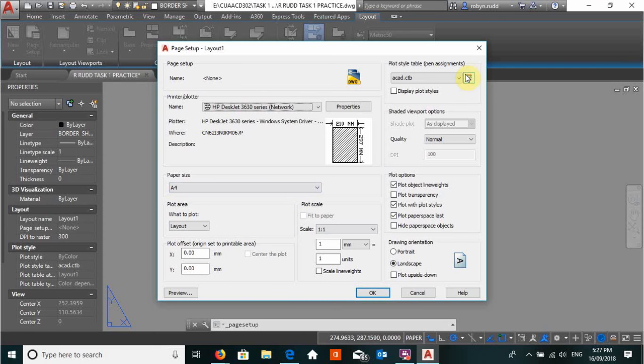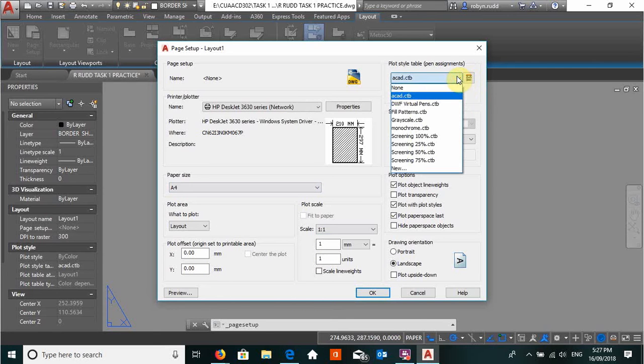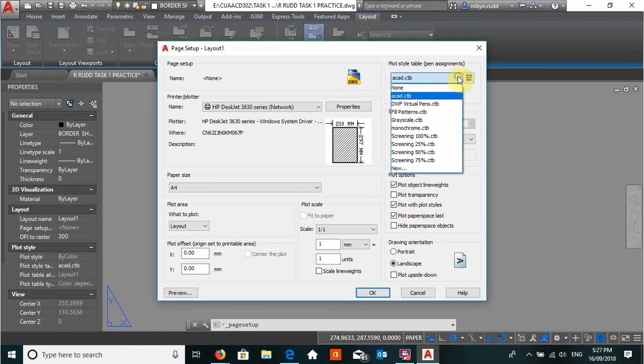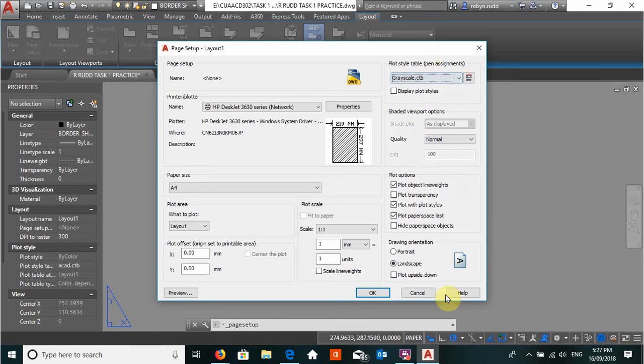It's landscape, and then I would choose here to either be in a CAD, which will print out in colored line weights as per my drawing done in model space, or I can go grayscale, and that would set it up in grayscale. All right, so I'll do both, but I'm just going to do a CAD for now, and press OK